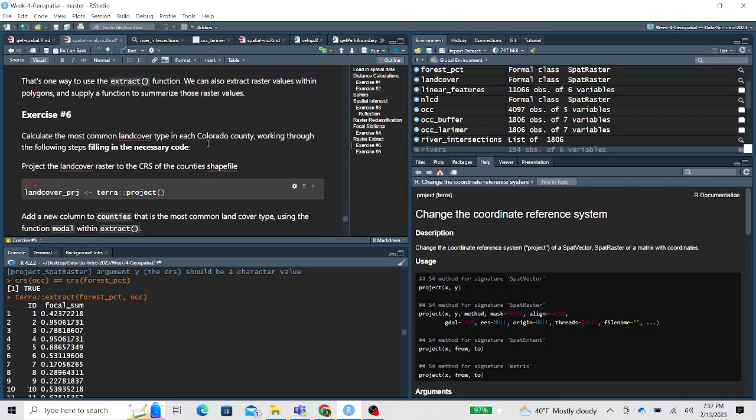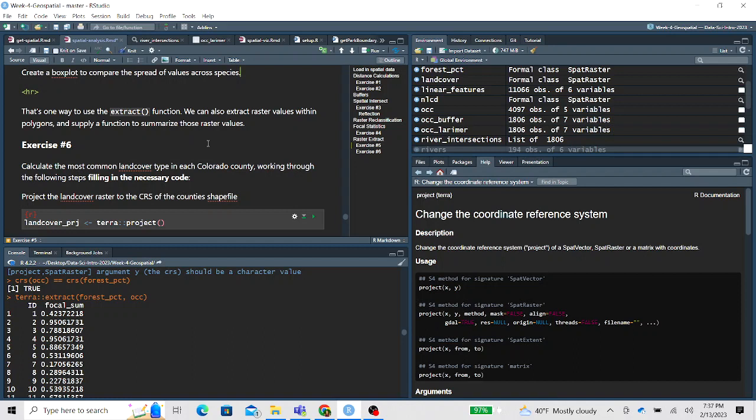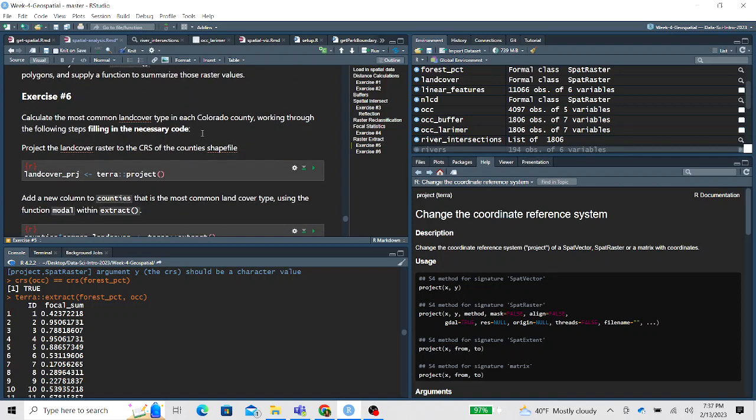Finally, that is one way we can use the extract function to extract raster values at points, but we can also extract raster values within polygons and give it a function for how we want to summarize those values within a polygon. So let's go back to our land cover data. For exercise 6, I've outlined the workflow, but to answer this, you'll need to fill in each line of code to complete it. First, we want to project our land cover to the coordinate reference system of